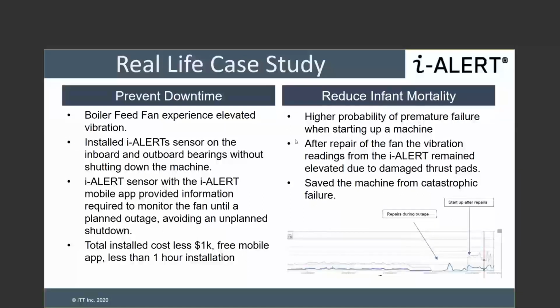And that was done because the iAlert system was able to notify their reliability team by showing that on startup they were seeing some extra unintended vibration, and it was caused by the thrust pads. So this was just a quick example of how easy it was to install this condition monitoring device, and how within a very short amount of time they were able to fix the issue,